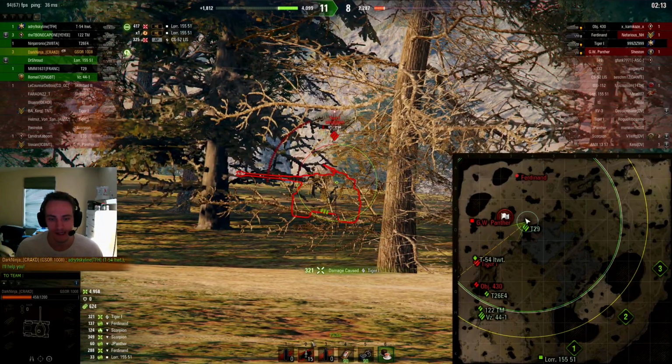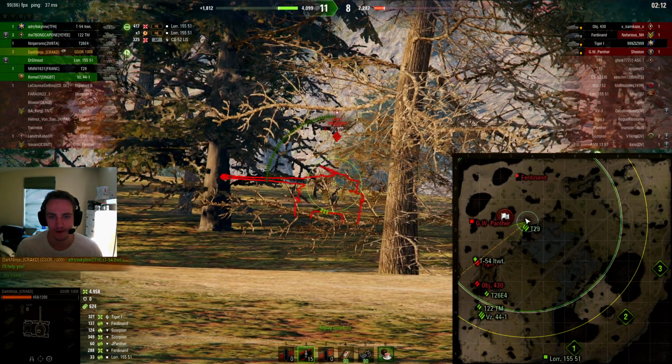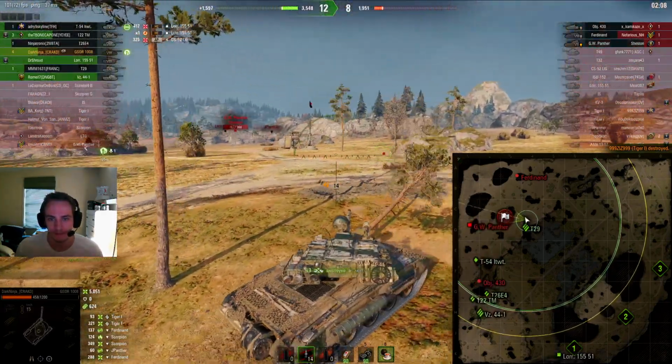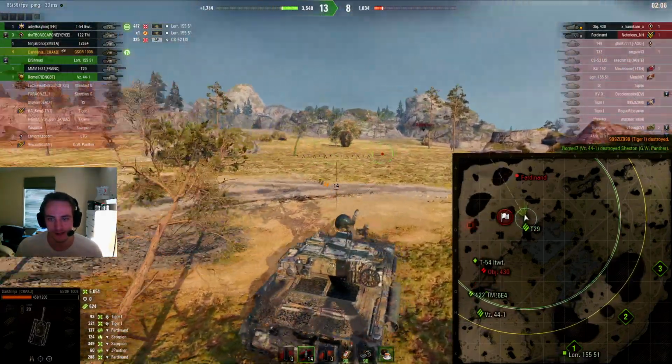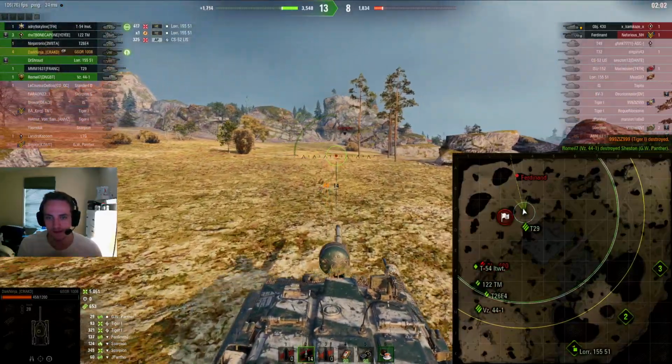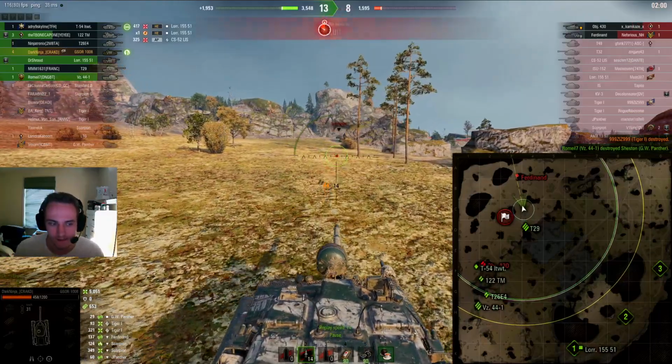And the pen on this tank is fantastic. It's 321, which is just great. I waste another shot on that guy. Not sure if I should have done that. Probably shouldn't have. I probably should have just saved my shot if I'm going for maximum damage, which I am